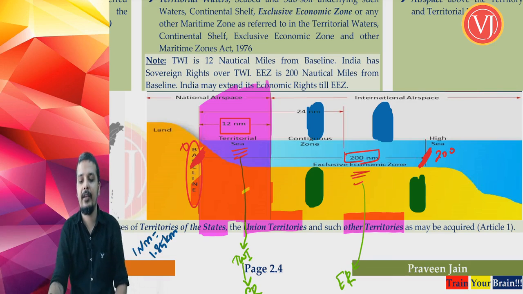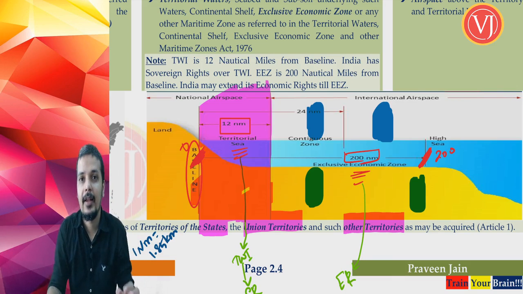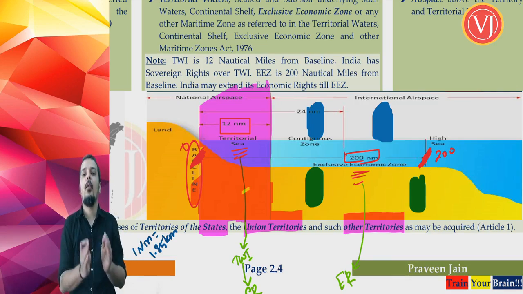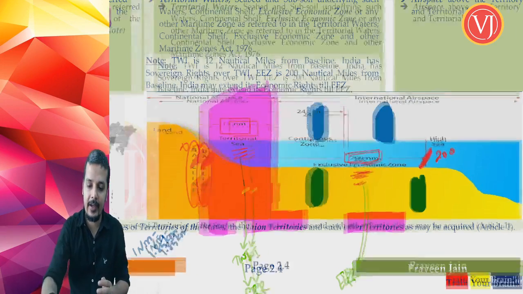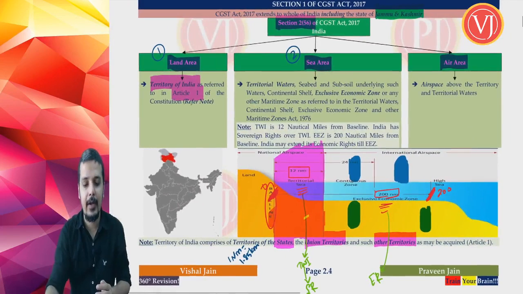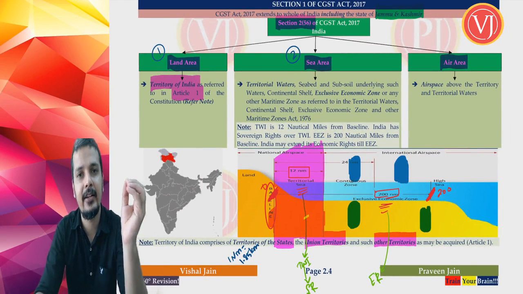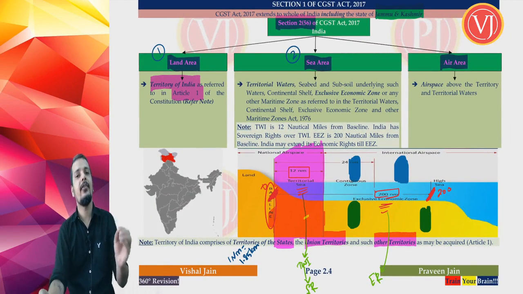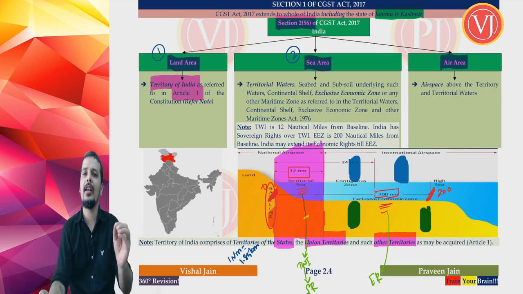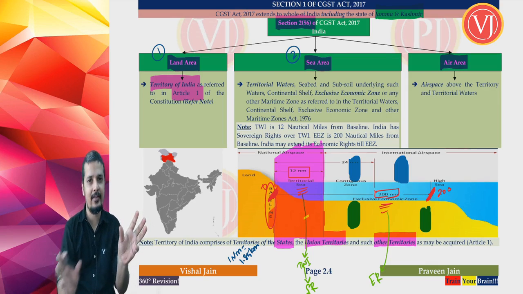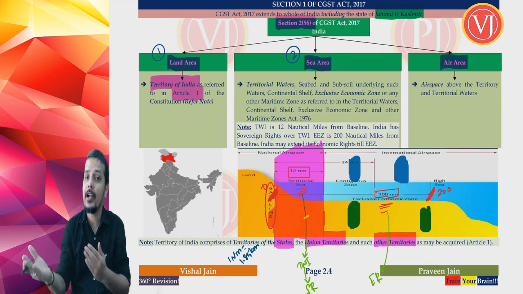Right. So that is the understanding when you talk about the sea area of India. Land area. What is the land area of India? Let us again understand it in a very simple way. What is the land area of India? Land area is nothing but the territory of India, which is defined under Article 1. The territory of India under Article 1 is nothing but a combination of states, union territories and other territories which are acquired